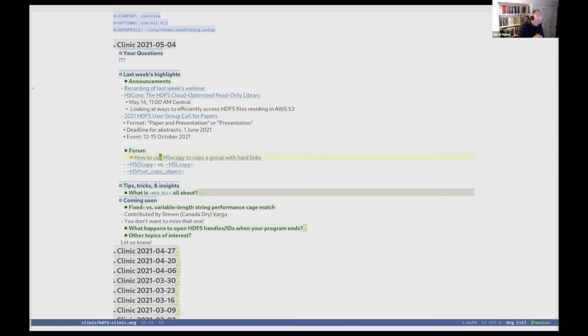relevant to this. One is H5Ocopy. The O, of course, stands for object. So we would expect that when we copy an object, we really copy the object, perhaps including the attributes that decorate that object. If the object contains references, either to a committed data type or a reference in the sense of an HDF5 reference, we would expect that we could somehow control that aspect as part of the copy operation.